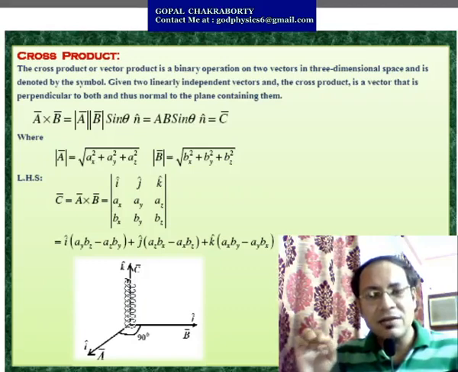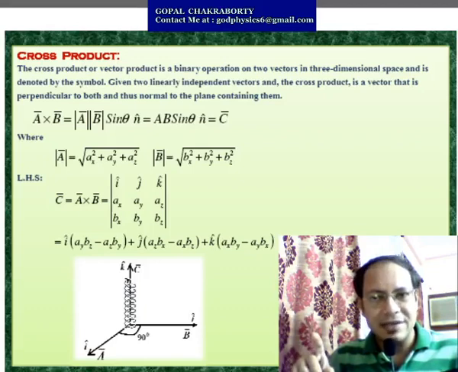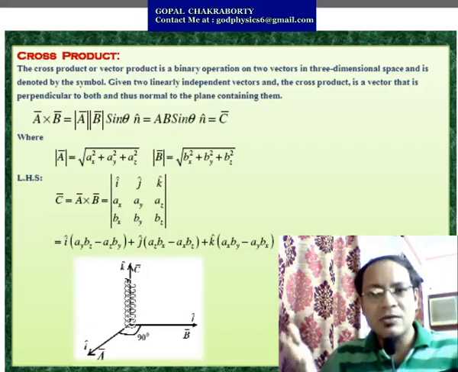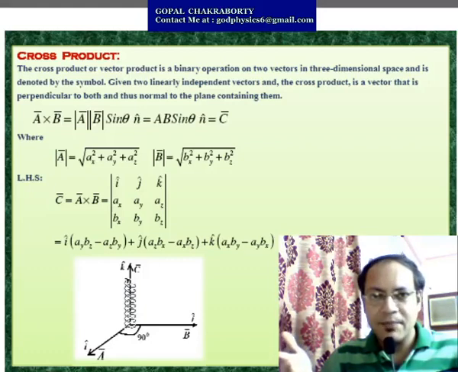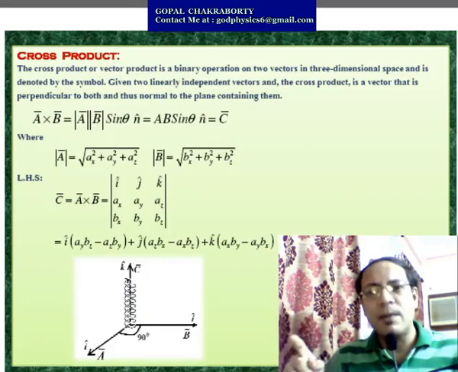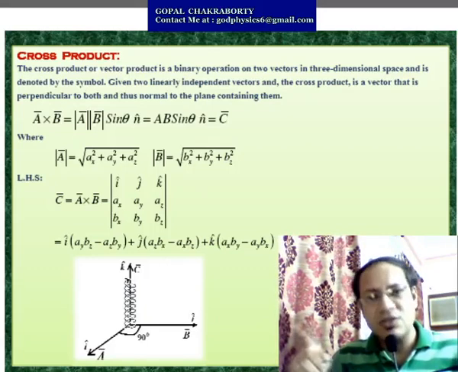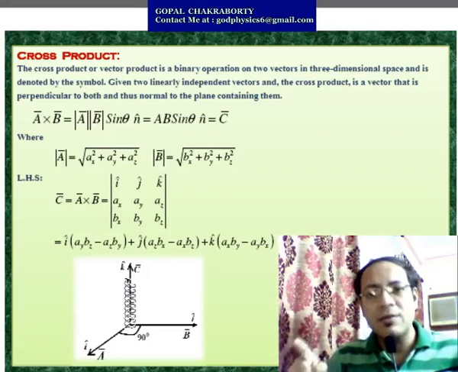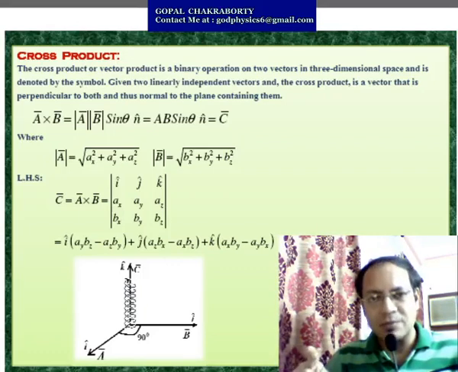So see the cross product left hand side. When you are going to calculate the left hand side value, you have to take the determinant of a and b. So the determinant of i, j, k, here ax, ay, az and bx, by, bz. The formula is given here. By calculating this determinant, you can find out the value of vector c. Okay. So the physical significance of cross product is that it will give you a new vector which is perpendicular to the plane of both these two vectors, and also it will give you the amount of rotation of that vector. Okay.